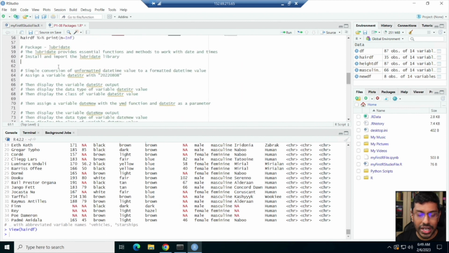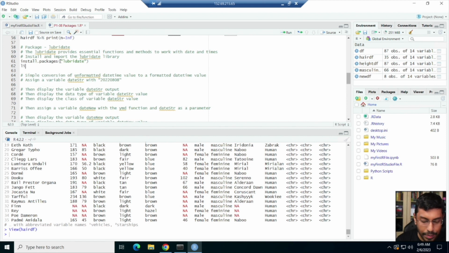Okay, so lubridate provides essential functions and methods to work with date and times, and I think date and times are very important because with time series data, date and times, you need to know how to handle them, and lubridate is a very, very useful package in R for you to do such manipulations. So again, install.packages, type in lubridate, and then call out the library,